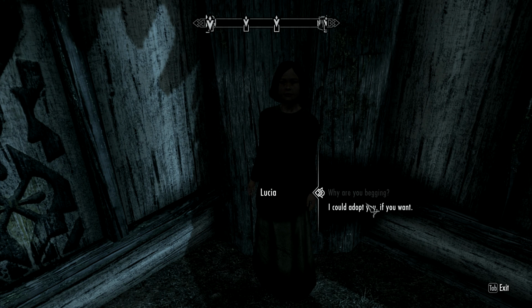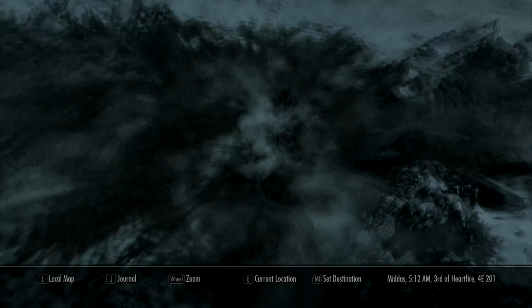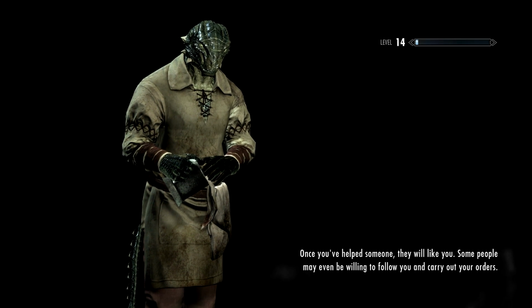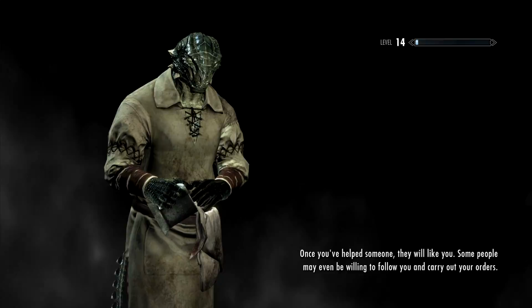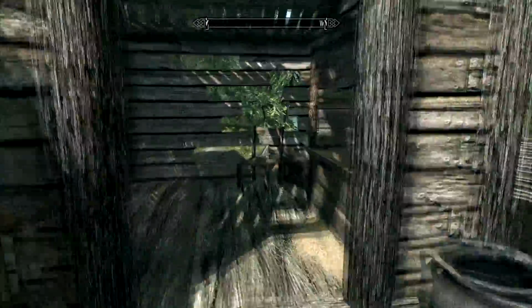We can't adopt her until we have a home, so I'll leave her alone until that next dialogue time. But with that done, my ability to wait suggests we aren't dealing with any vampires, which is awesome. Faendal's going to go back to Riverwood. I prefer Uthgerd as a follower for now. Probably end up sticking with her until we get to...